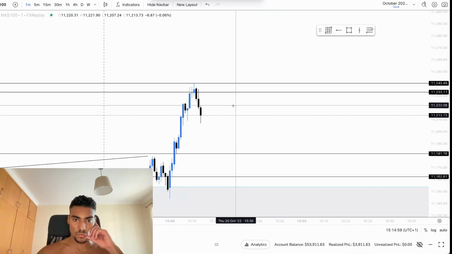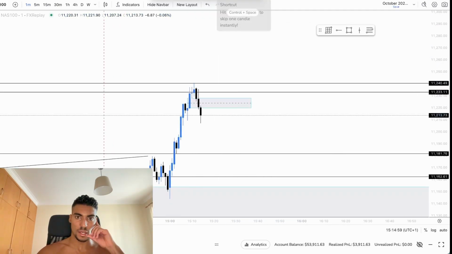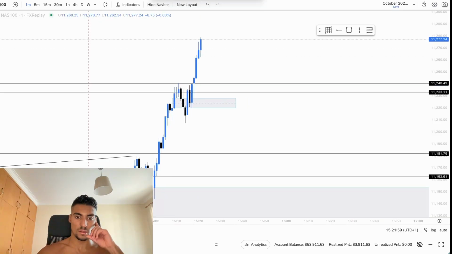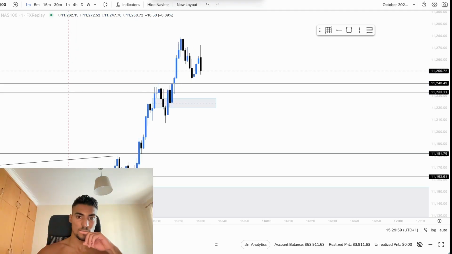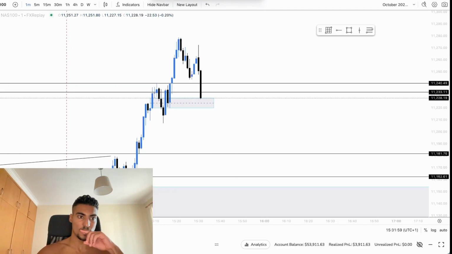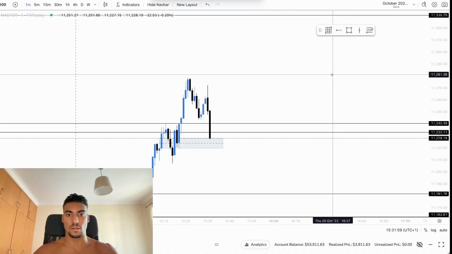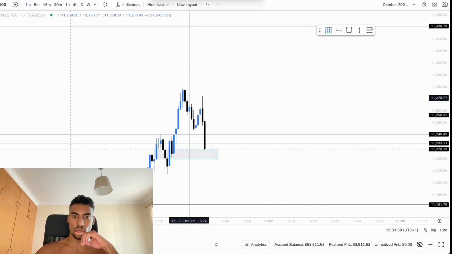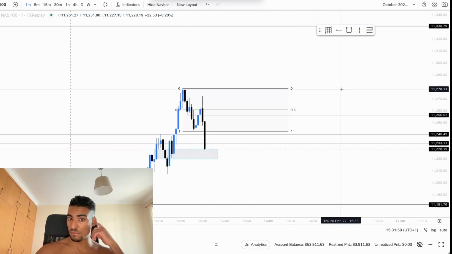We don't get break of structure yet, but we get a reversal gap right here. Again, this is super risky. Counter trend trade. I wouldn't have taken it anyways. Like this is insanity. If we get a break of structure, I'll enter. I'll go through the thought process before I enter. Just break of structure right here on this candle. Boom. After that, we get a continuation confluence. We get a retracement into equilibrium. Boom. That's pretty much it.